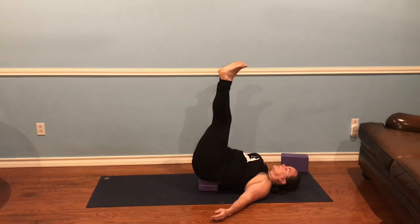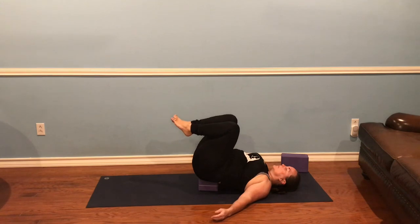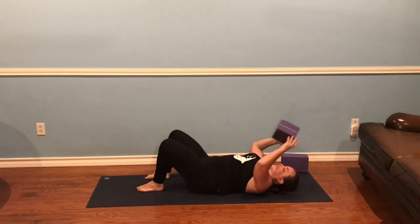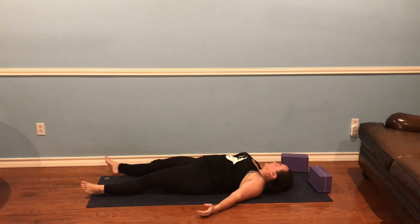Keep a micro bend in the back of your knees. And then slowly bending one knee at a time. Bring your feet back to the ground. Press through your heels to lift your hips and remove your block. And finally,